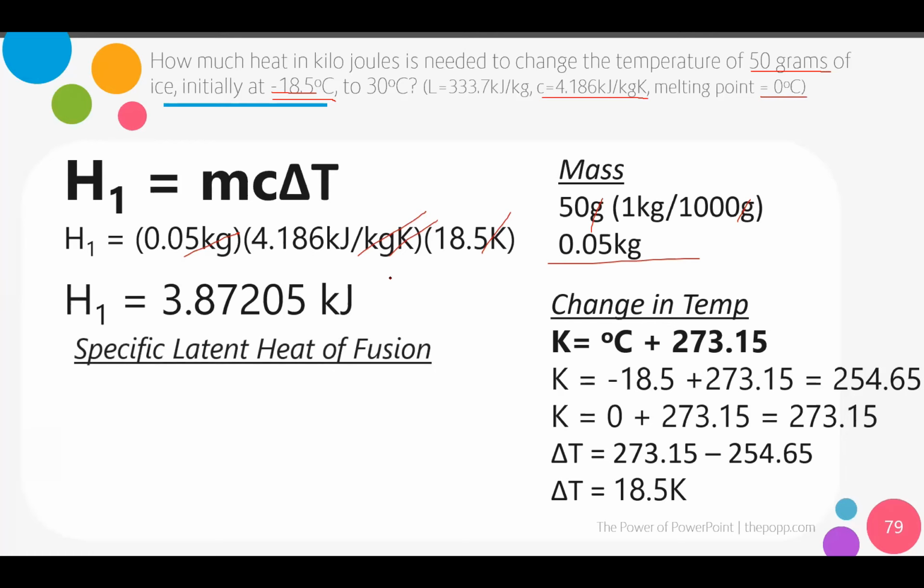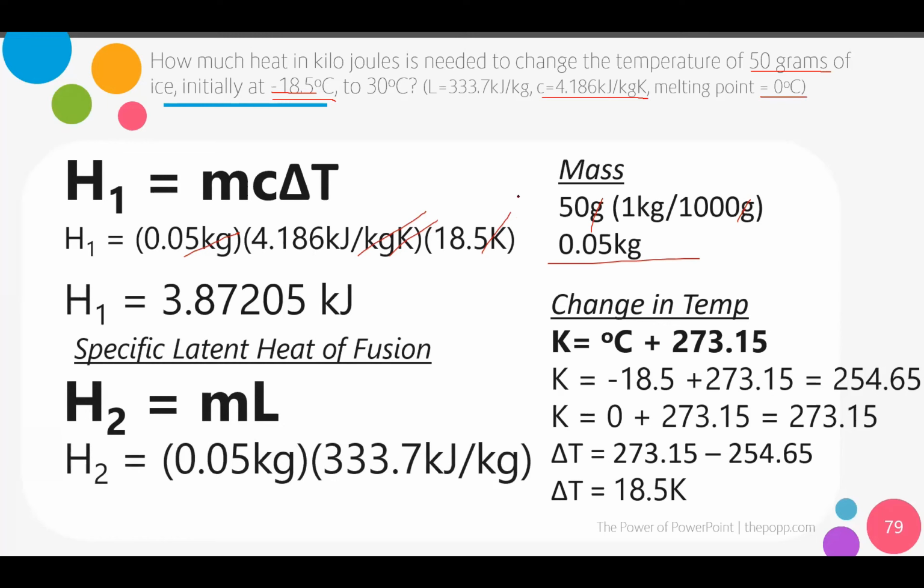So the specific latent heat of fusion, which is H, is equal to M times L, where M is mass and L is the latent heat of fusion, which is 333.7 kilojoule per kilogram. So substitute, cancel yung kilogram, then simplify, and that is equal to 16.685 kilojoule. And this is the heat absorbed of the ice as it undergoes a process of changing its state